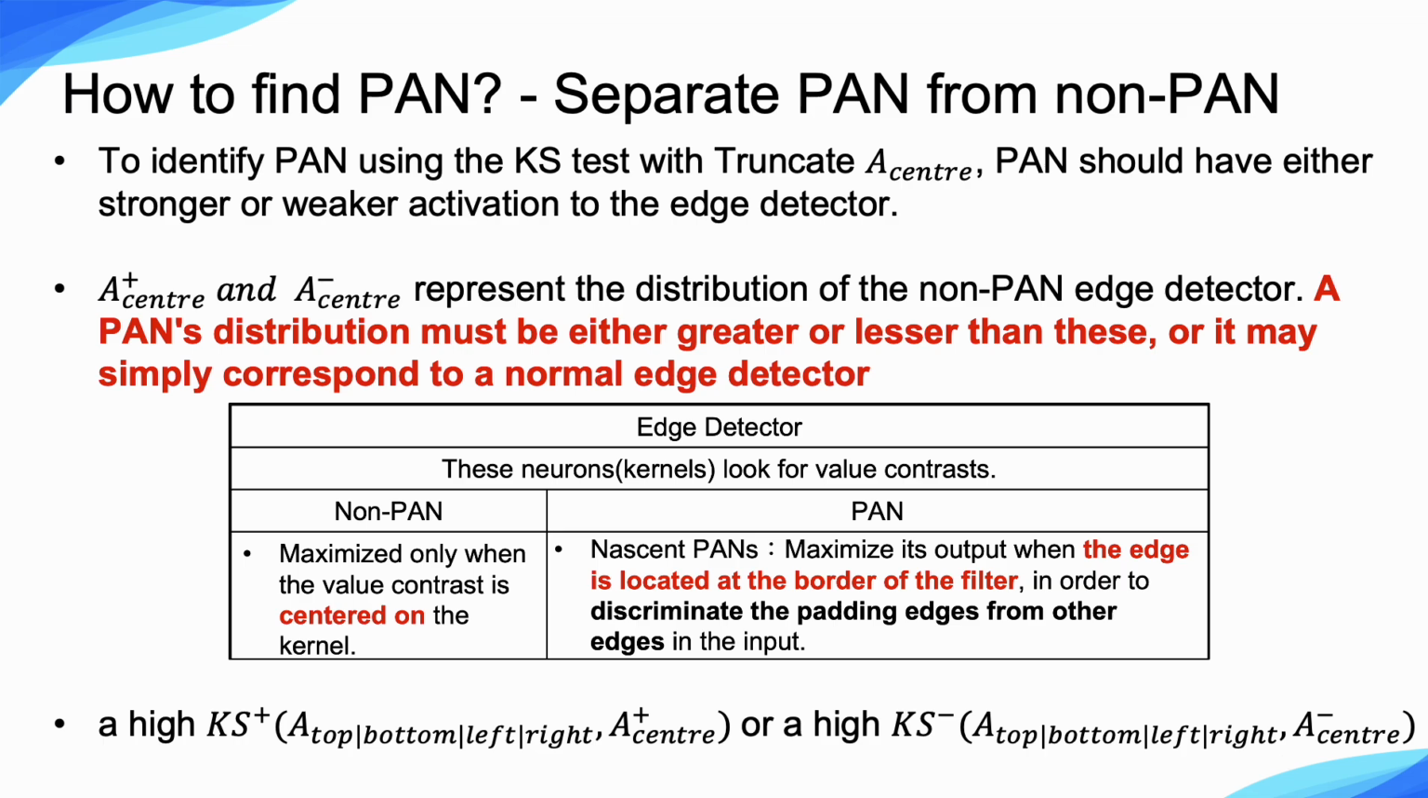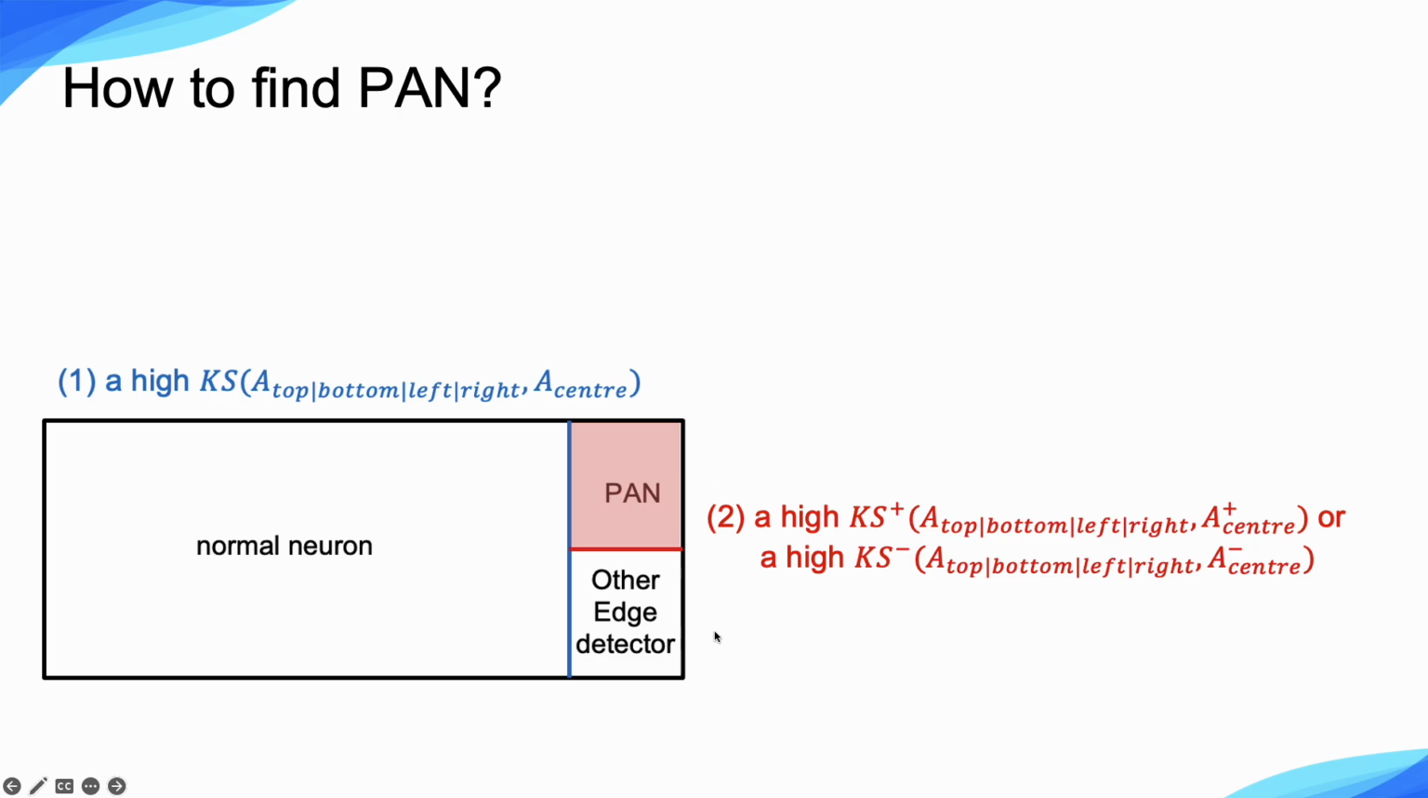意思就是说，他们用 A center 的分布去取前面最大的值的分布跟最小值的分布，当做是一般的 edge detector 的分布，然后再看说这些 kernel 放在边缘的时候会不会有比这些一般的 edge detector 更强烈的分布，更大或更少。如果有更大或更少，才能当做是 pan。因为如果没有，那它就只是一般的 edge detector，不管放在边缘或放在中间都是一样的。对，没错。